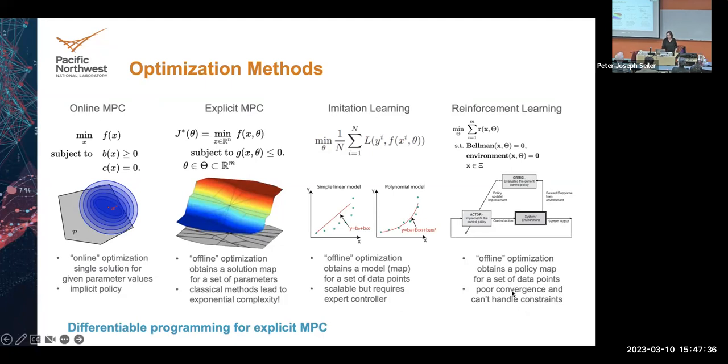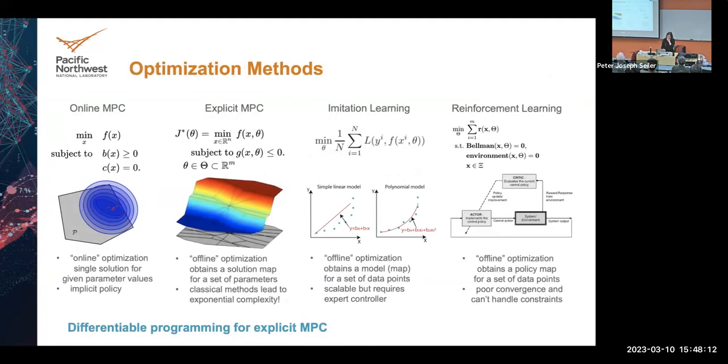And the last approach is reinforcement learning, which also can be represented as an optimization problem. It is offline from this perspective because it requires an environment to interact with. Typically, this is not really applied online. However, it has its own challenges because it's very black box. So it cannot really handle constraints like an MPC approach. So there are methods to bring more features in reinforcement learning, but those are very limited.